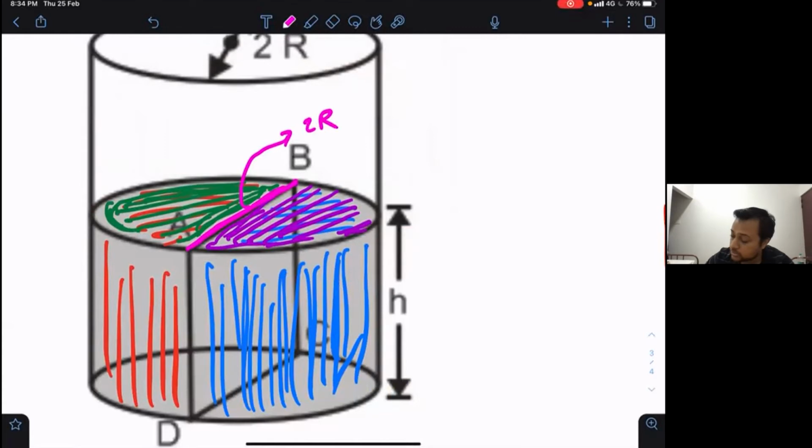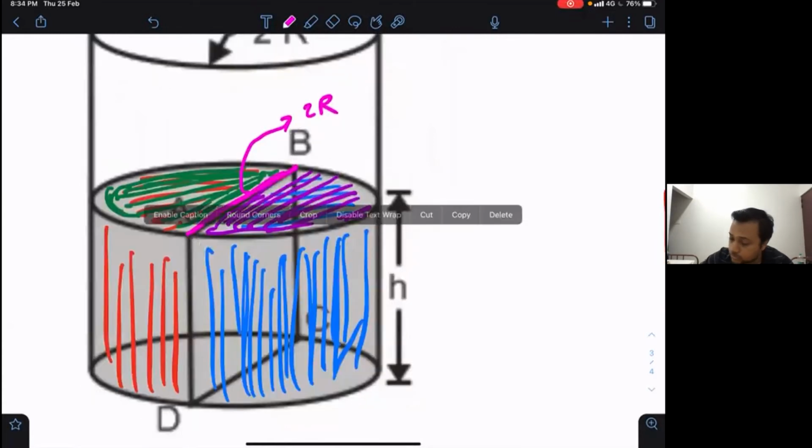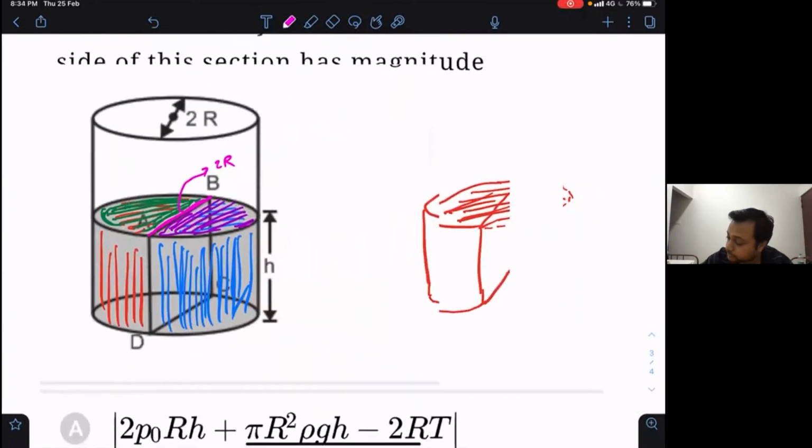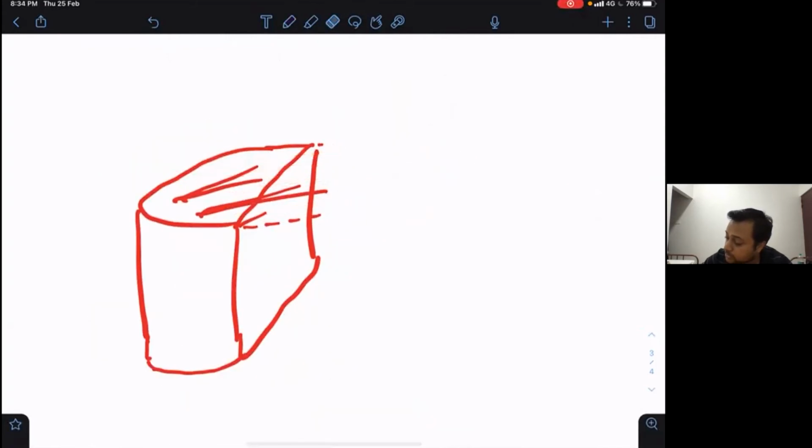Okay, so this left part, what is happening? So this left half of the surface, what is